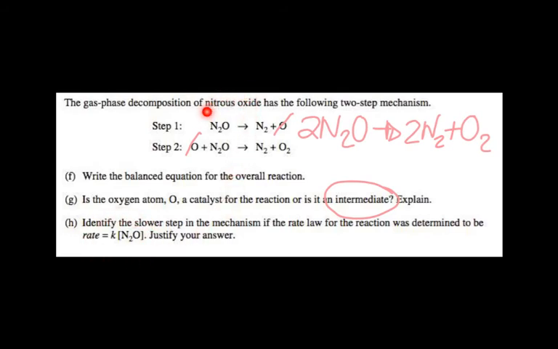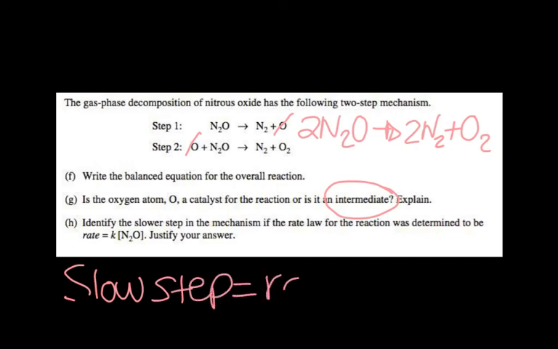In step 1, our reactant is N2O. That's how we know that step 1 is the slow step, because the slow step is the rate determining step,